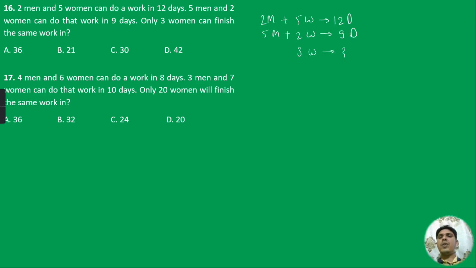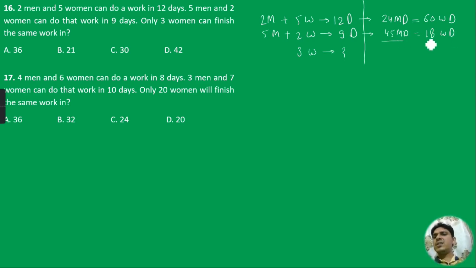So, students, the question is very easy. Either we can solve it by making the equation, or I do have an alternate method for doing the question. Convert both the equations into men days and women days. Right? If we multiply by 12, this will be 24 men days is equal to 5 multiplied by 12, that is 60 women days. Thereafter 5 multiplied by 9, that is 45 men days is equal to 18 women days.